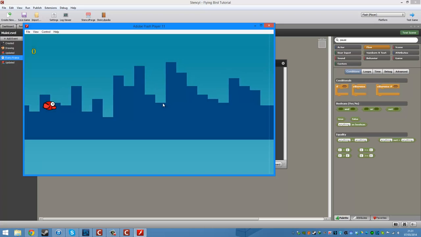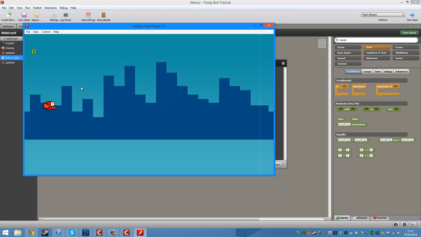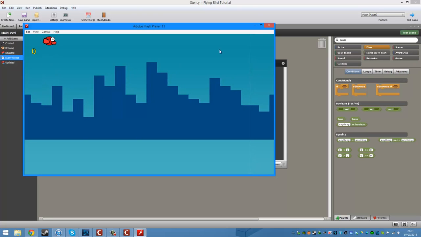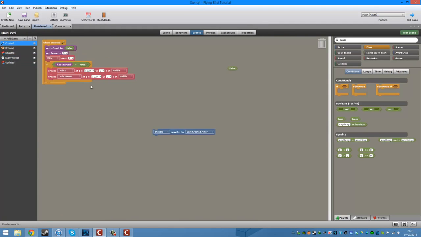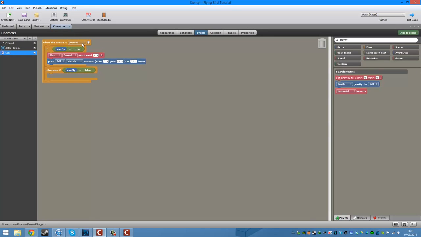So nothing happening, and we can have some sort of a layer saying what you have to do. And then what we'll do is as soon as you click, then that is it. Game is started. So now we need to trigger the doodad, the boolean, to go to true. And it's essentially when the mouse is pressed, we want to set